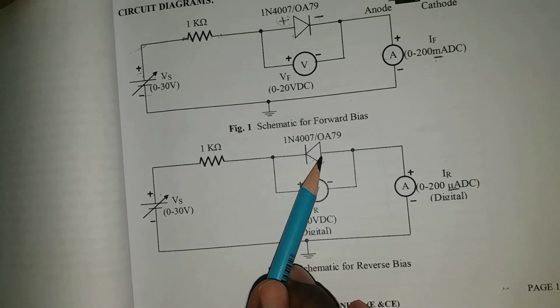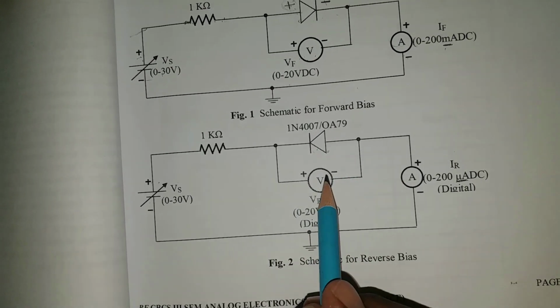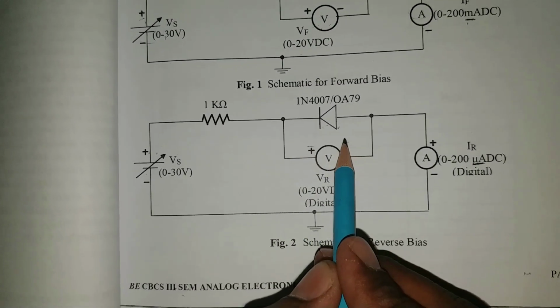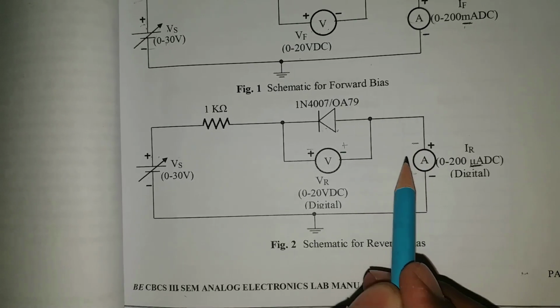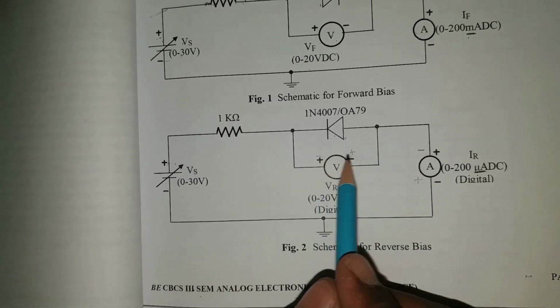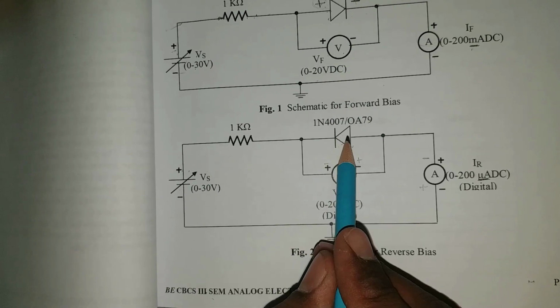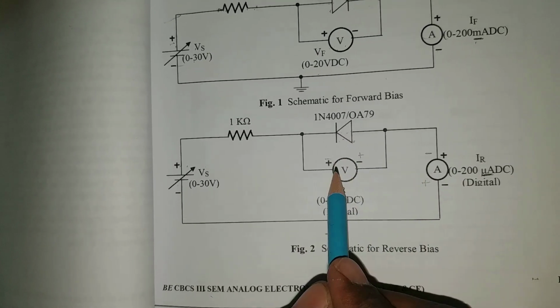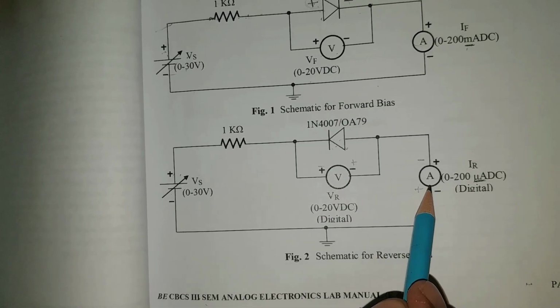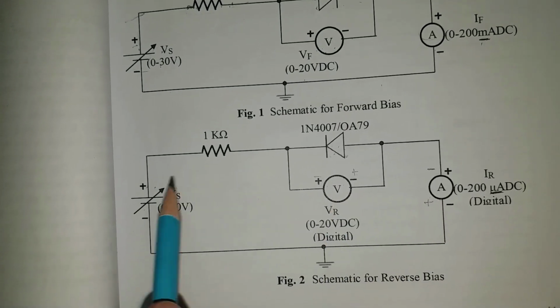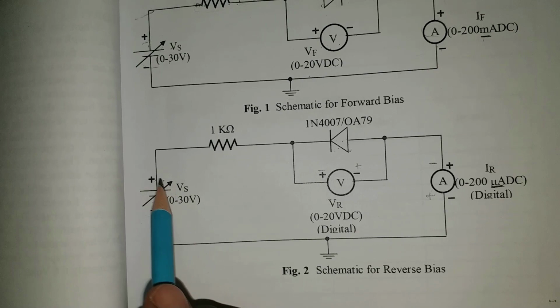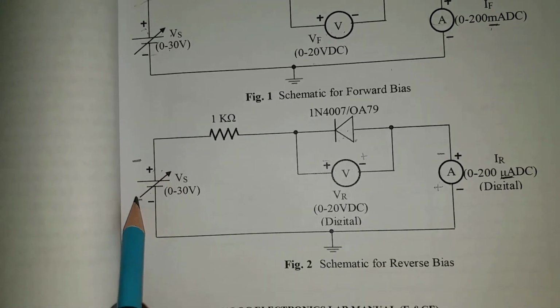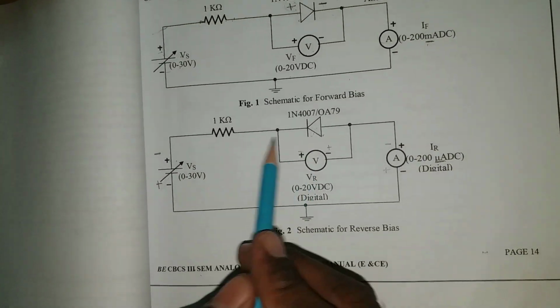The thing is, if you change the diode position, you also need to change the meters' polarities here, but it is not mentioned in the diagram. You would need to change the meters' polarities also, negative, positive, negative, positive. It is difficult for us, so in order to overcome this problem, we are going to change the supply polarities directly. So negative, positive I am taking. Instead of changing the diode, I am changing the supply.